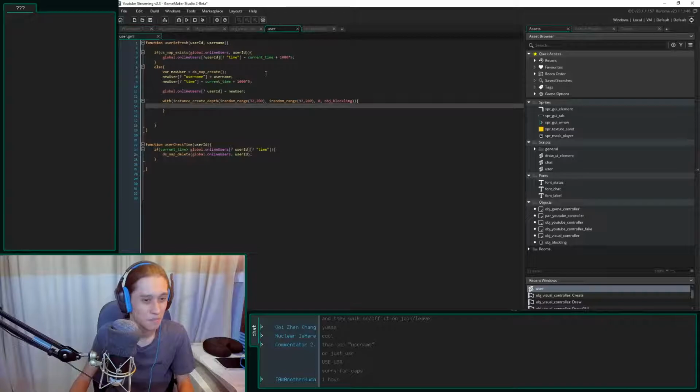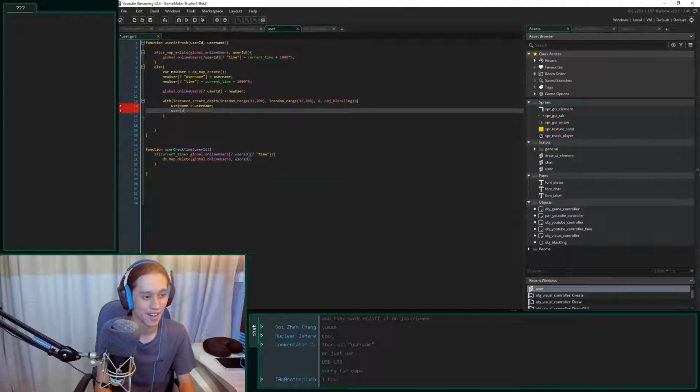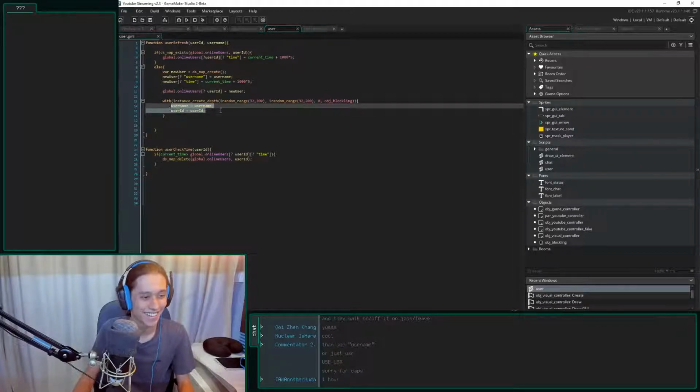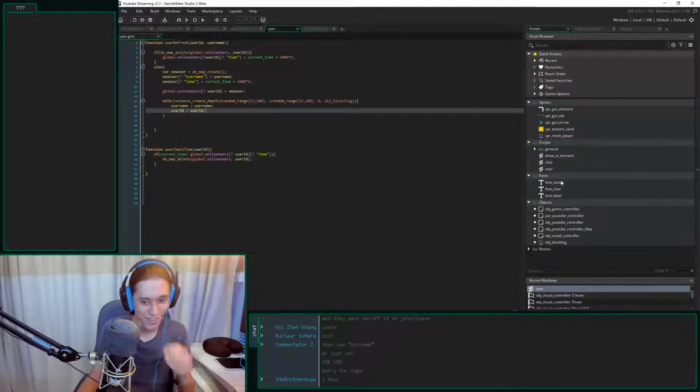Let's see. How else can I do this? Let's say I can't do username equals username and user ID equals user ID. I don't think I can do that.